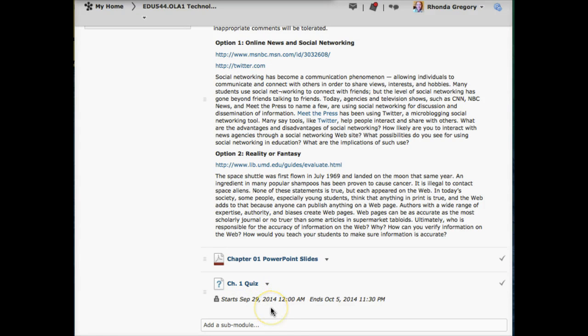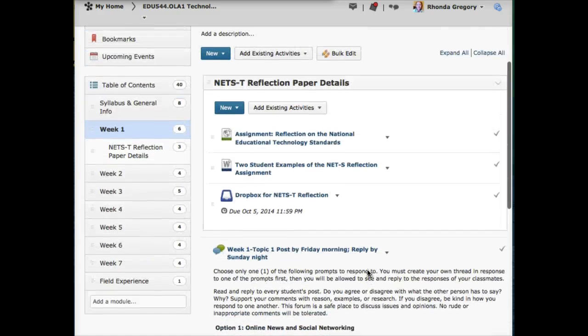So the quiz does have a specific start date and time and end date and time. So pay attention to those and plan your time accordingly because you can't take the quiz any sooner than the start date, and you cannot take it any later than the end date. That actually will lock you out of the system and not let you take the quiz if you enter it past that time.